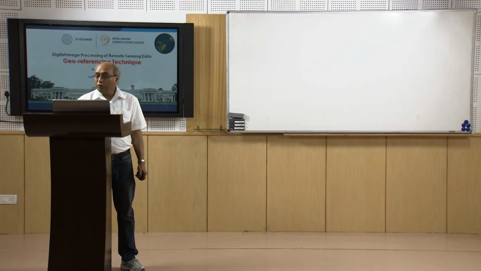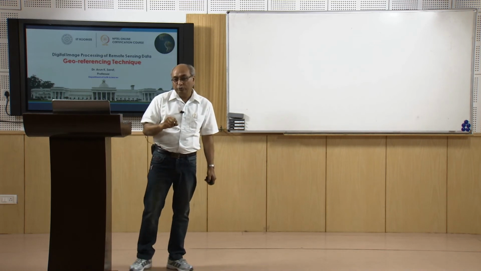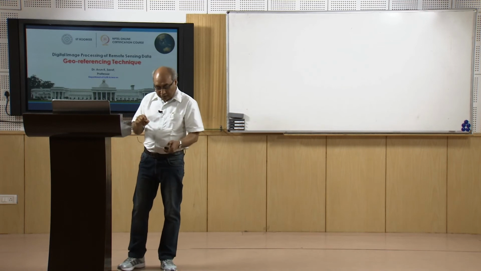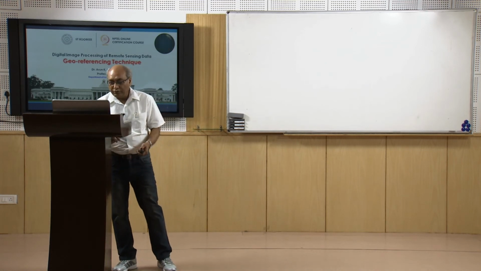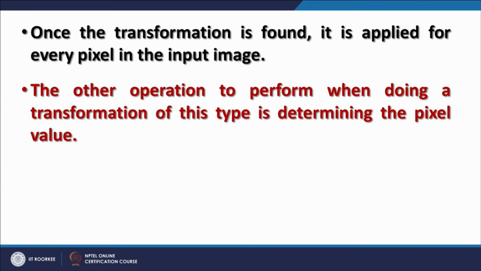So this should not be very large. This is always displayed. If we zoom it a little bit, we will be able to see what the length is. So this length should be very small in order to achieve high georeferencing. Once the transformation is found, it is applied for every pixel in the input image,